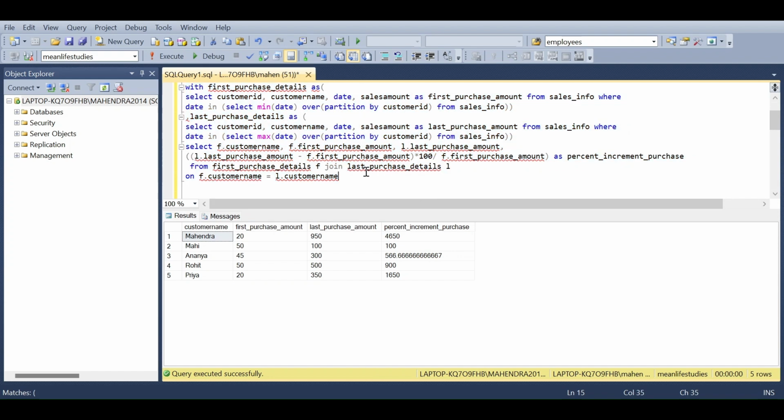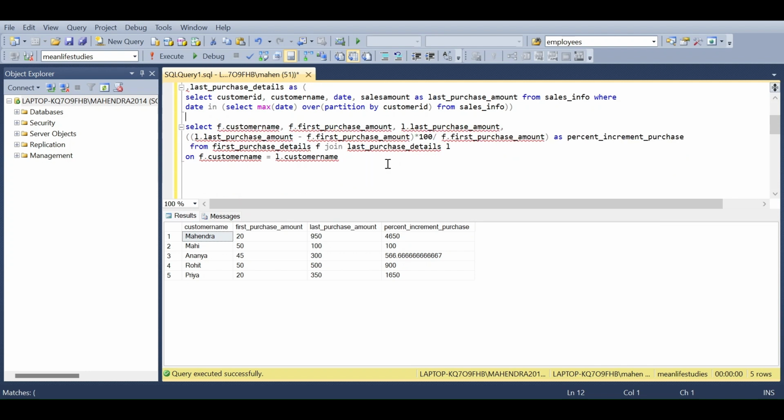you can see here this is the percentage, looks a bit complex. Try to understand. See here, this is the percentage increment of purchases. See here this is 20, but this is 950, right? How much percentage of increment? If from 20 to 40, that is 100 percent, right? If it is 400, that is 1000 percent. Likewise you can see here this is the percentage of increment from 20 to 950, right? But what we need to return? We need to return the highest percentage increment purchase